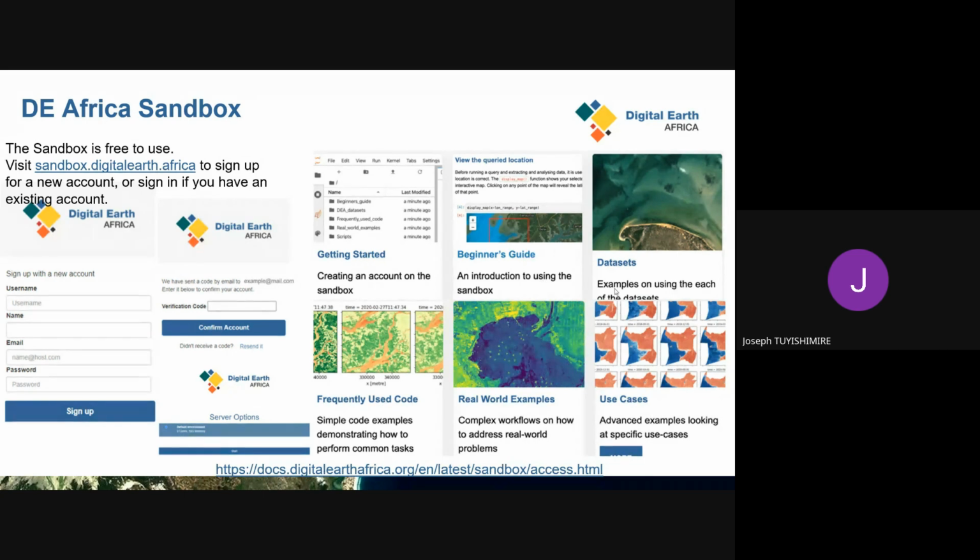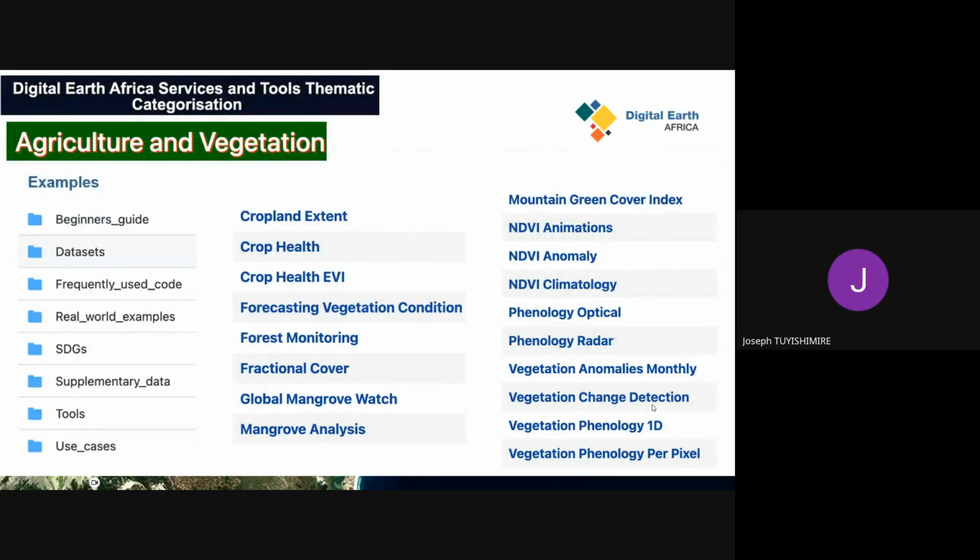This is the beginner's guide with the data sets, how they are processed over time, the frequency code that will generate some indices, and key analysis, build examples, some code we think may be frequently needed for real life phenomena, and also cases that contain the codes developed by users, and once validated, you are willing to share them with the public for use.